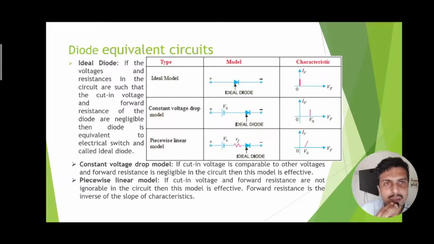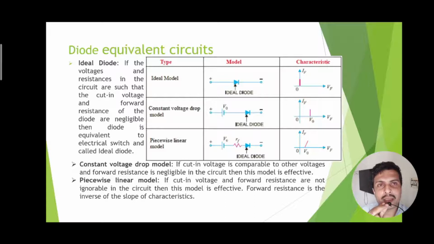Regarding the application of diode, there are three diode models which are frequently used by circuit designers whenever mathematical calculations are required regarding the comparison of voltage or comparison of resistances for a particular circuit analysis. Now here, as you see, there are three models of the diode named ideal model, constant voltage drop model, and piecewise linear model. So these are the three models. So let us go one by one.